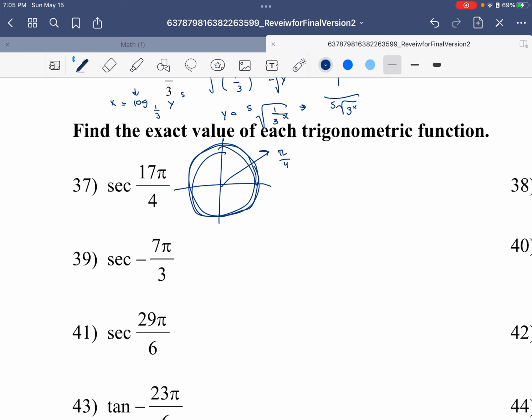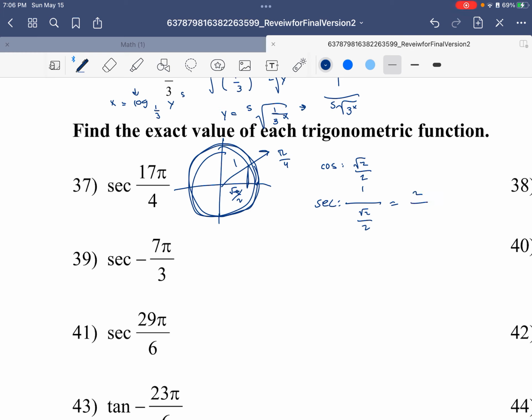And so you think about the measure now: square root of 2 over 2. Secant is the reciprocal of cosine, so let's find cosine first, which is square root of 2 over 2, because we have adjacent over hypotenuse, which is just 1. And then secant is 1 over cosine, which is